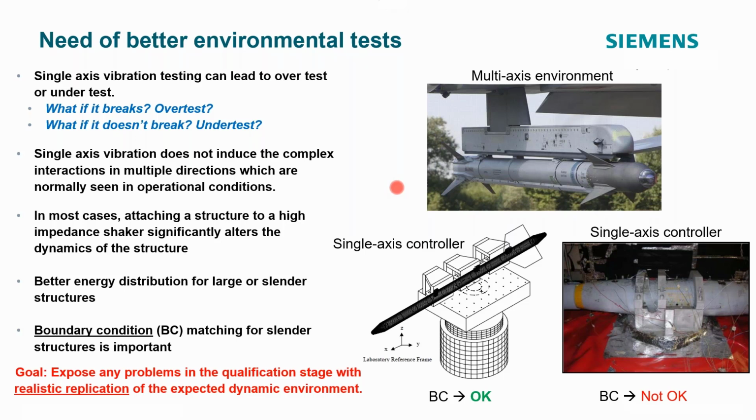For multi-axis control testing, there are some real benefits being found out, and we typically compare that to single axis control. Whenever any new methods are introduced and proposed, you want to compare them to the de facto standard, the traditional way of testing. Some studies have been done to prove the differences and the benefits of multi-axis testing compared to single-axis testing. In some cases, it can lead to over-test, and sometimes it can lead to under-test.